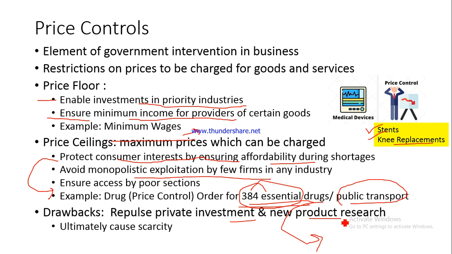So what was intended to have a good impact, what was intended for the benefit of the poor sections, ultimately may backfire, and the poor sections may simply not be able to have drugs in the first place, because the drug manufacturing companies reduce their investment in India, and they may stop spending in discovering new drugs. So new drugs would not be coming to the market, and ultimately the patients may have to suffer. So this is a basic criticism of the price controls. This is a criticism of the price ceilings basically, right?